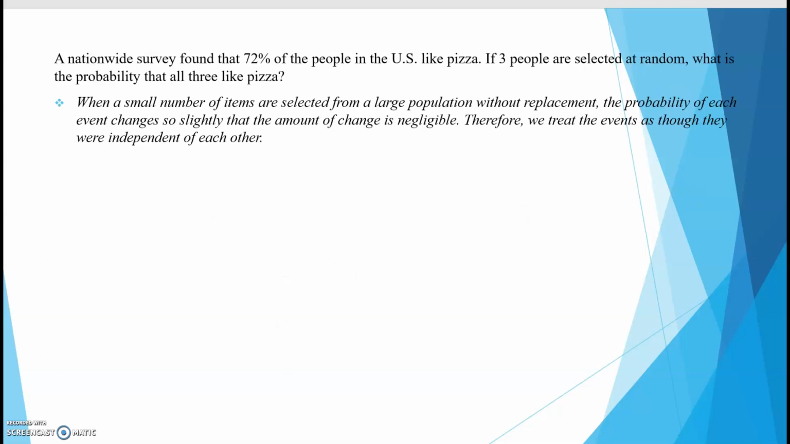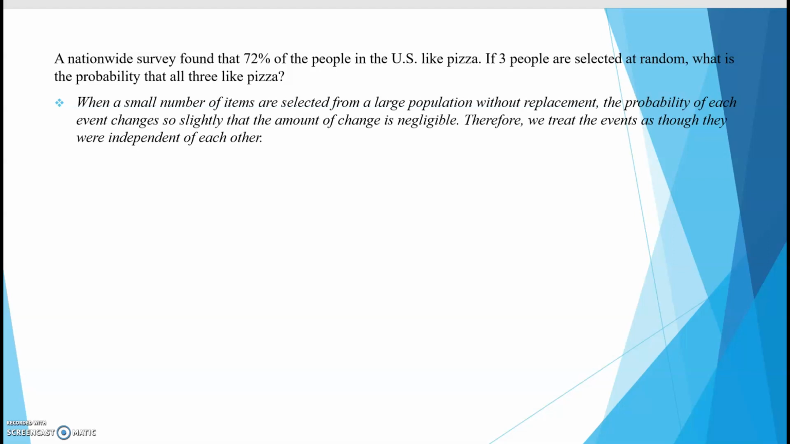Now, with that being said, we do have one exception to the rule. So, say a nationwide survey found that 72% of people in the US like pizza. If 3 people are selected at random, what is the probability that all 3 like pizza? So these 3 people are selected from nationwide. They can be from anywhere. New York, say one from New York, one from California, and one from Louisiana. Okay, and we're just basing their opinions, and we're going to share that with the whole world. Okay, so the three opinions of those 3 people,